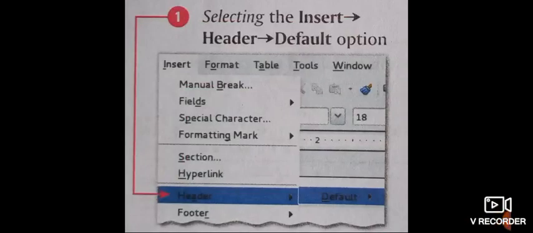Next topic is header and footer. In some situations we may need to include some vital information about our document at the top or bottom of the document, or at both places.